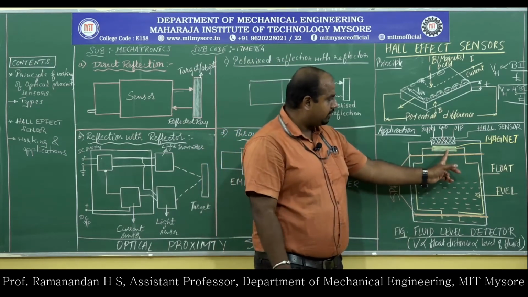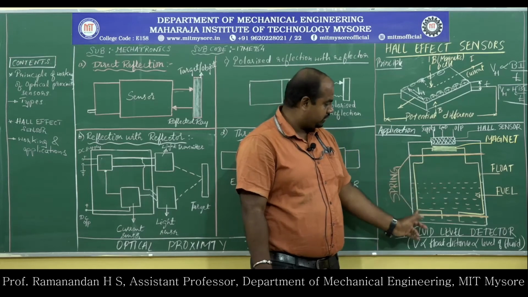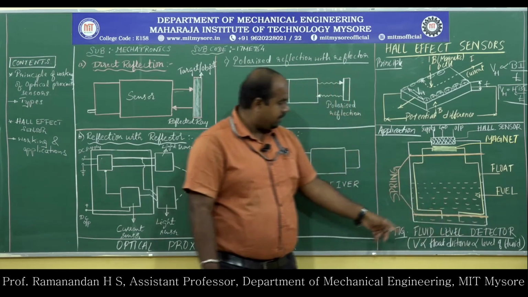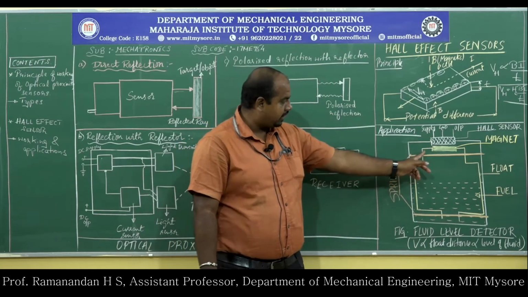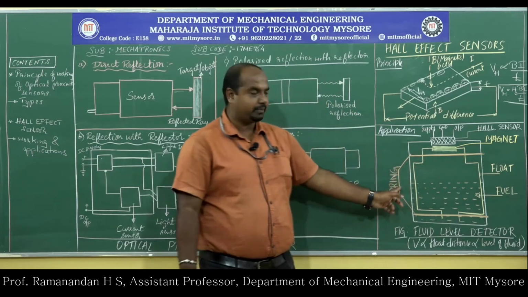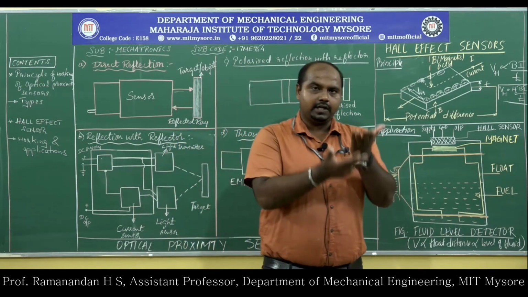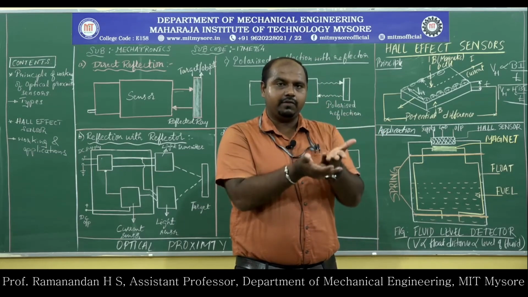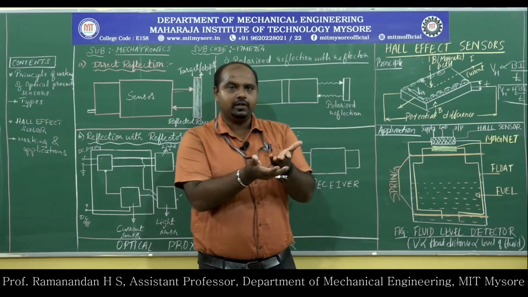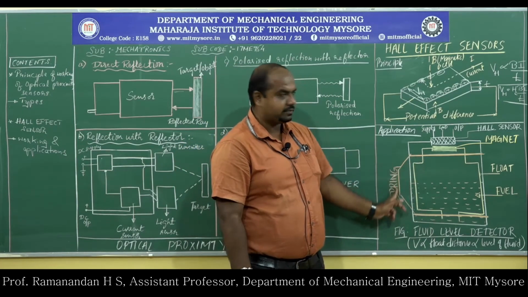You can see a magnet mounted at the top of the float. This float, you can see the fuel tank here. Fuel is represented. This entire setup of the float is connected with the help of a spring. This float has a buoyancy effect so that it is floating with the fuel, whether the vehicle is moving or static, with the help of a spring.